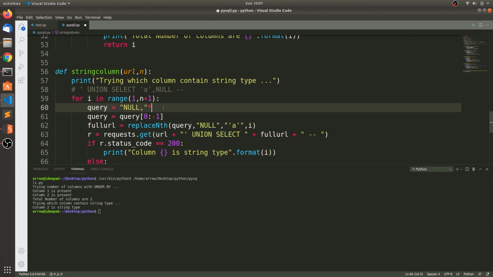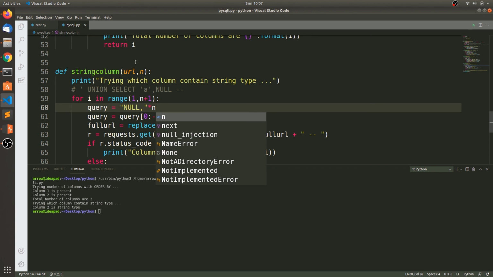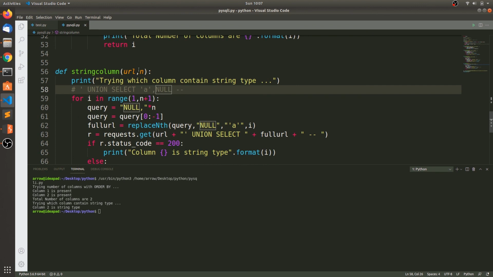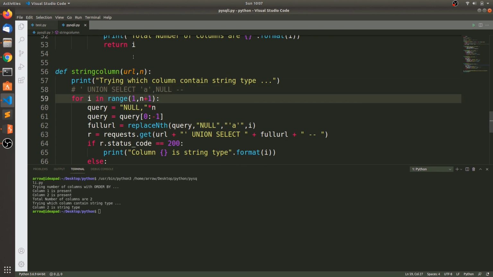I'm sorry, we need to multiply with the n. So these number of n's, I'm so sorry. So there will be already these number of nulls, that means determining number of columns. Now run this. Column 2 present,